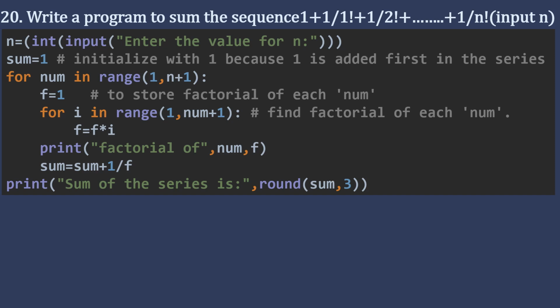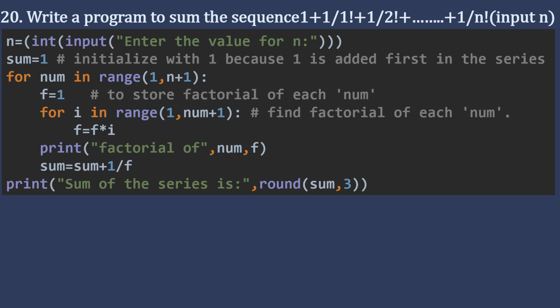That means 1 by 1 factorial plus 1 by 2 factorial, all these are in a sequence, but this 1 is one extra number at the beginning of the sequence. So we will just put this 1 in the variable sum, and the rest of the terms will be added to this 1 so that you get your final result.